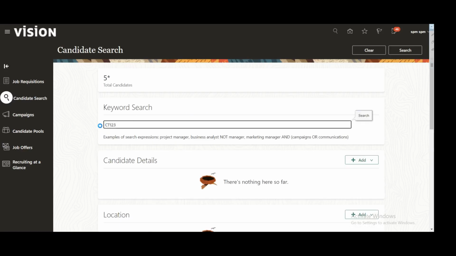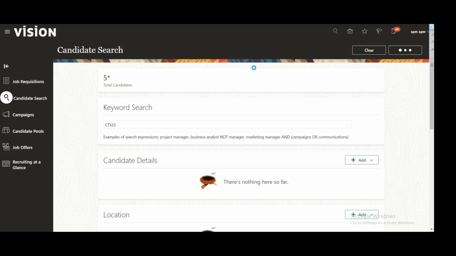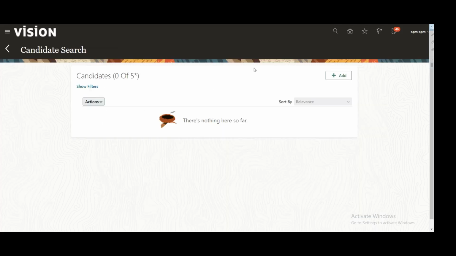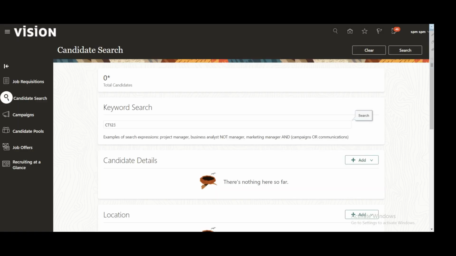Here you can search your candidate number. So you have entered the candidate number. After that, click on the search. We are trying to search our city123, which was loaded by our ESDL, but the Fusion UI is not able to find this particular candidate which we loaded using the ESDLs.